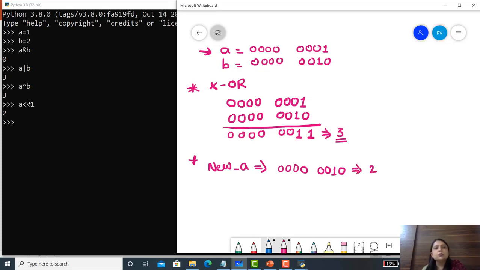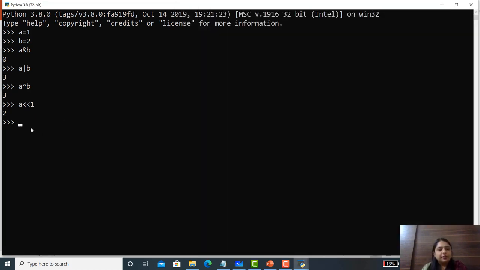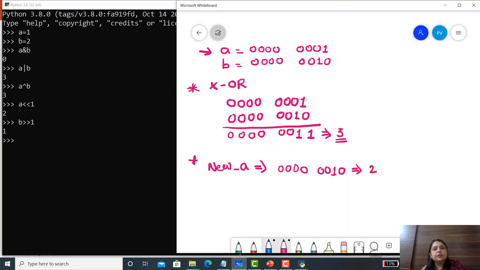Alright. Now next, if I write B, then right shift and then 1, the answer is 1. Let's see the explanation. We know that B equals 2, so B equals 0 0 0 0 0 0 1 0.